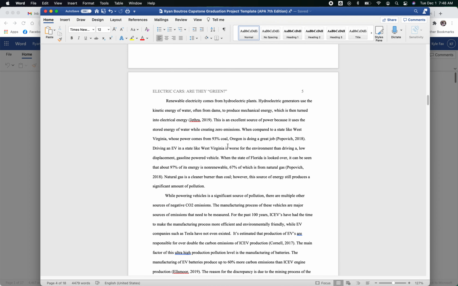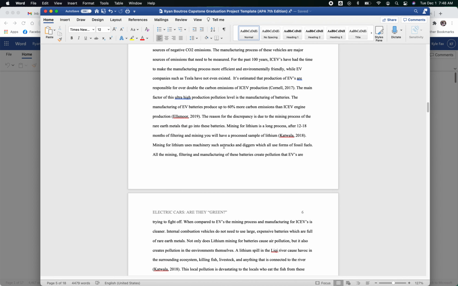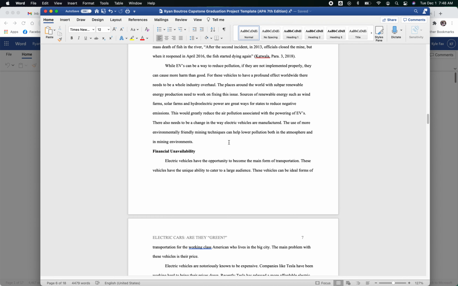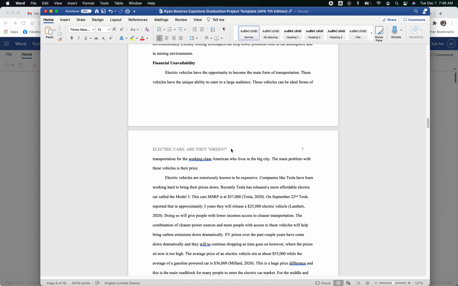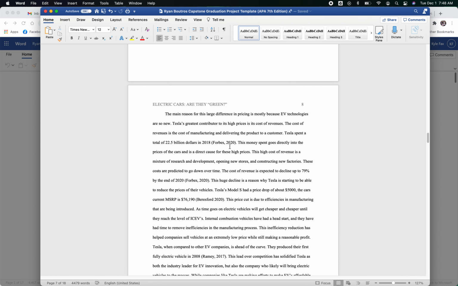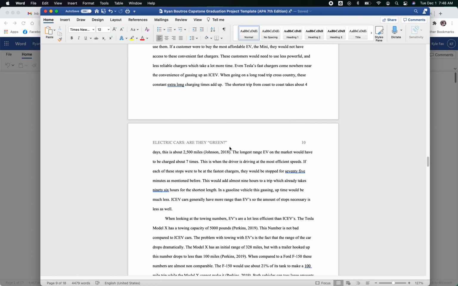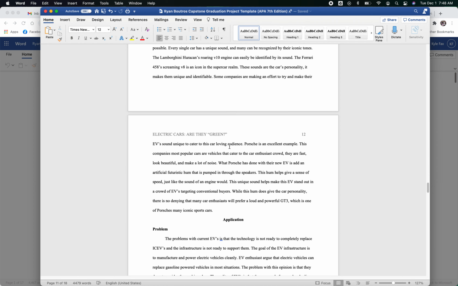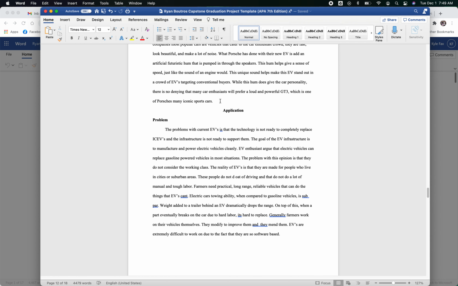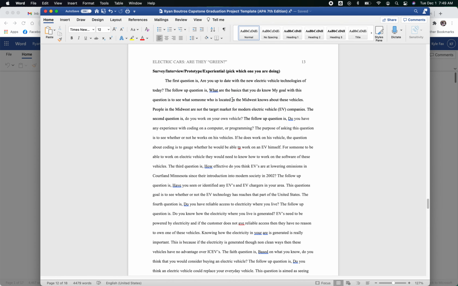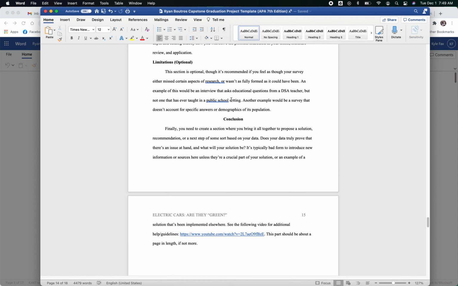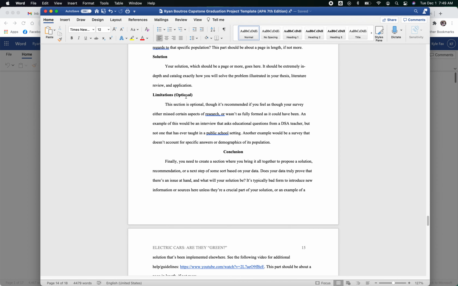Formatting, rest of this part looks very, very good. But the other thing that we need to add, as we learned yesterday, is you need to add in your counter arguments section. And so when you add in your counter arguments section, what you need to do is add it in either at the end of your literature review or at the very, very end of your application section. You could really do it one way or the other. I would maybe recommend the literature review, and that's what I'm going to do just for the sake of this paper,